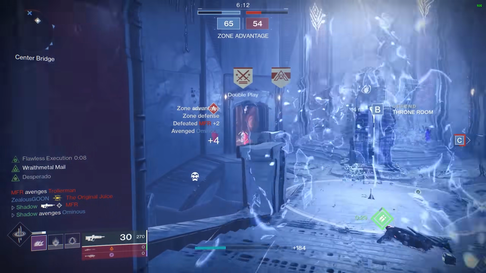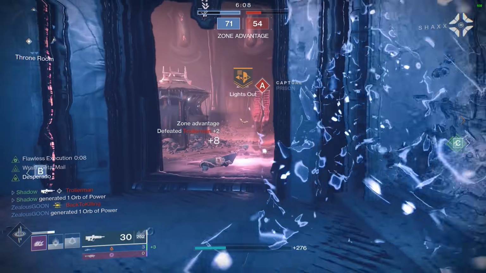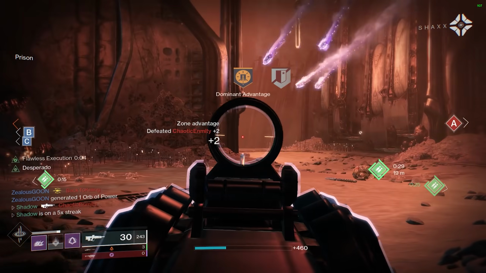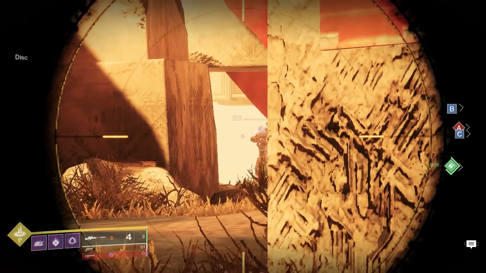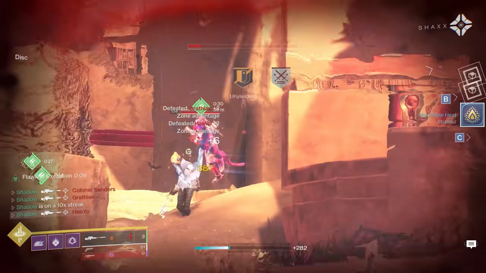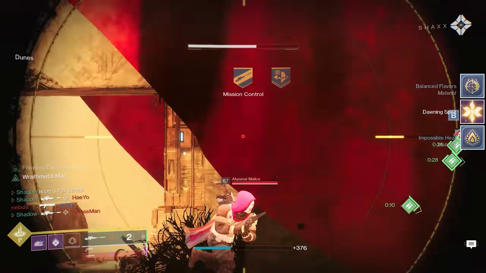Next up, we're discussing the best weapons to pair with this subclass in the insane neutral game that it has. Since Flawless Execution requires a precision kill to proc, naturally precision weapons like hand cannons and snipers will be the best fit with this subclass. However, the great thing about Hunters and their amazing movement is that you can pair really whatever you want with a Hunter build. Although pellet shotguns will really only proc Flawless Execution that rare 5 to 10% of the time